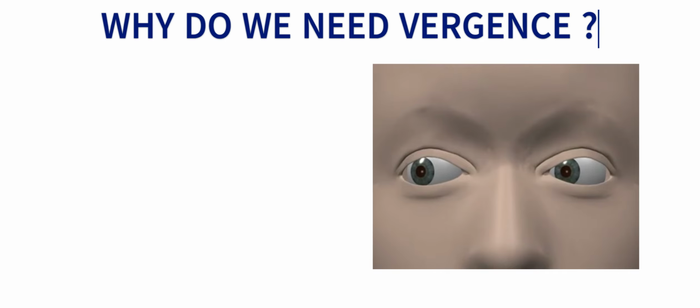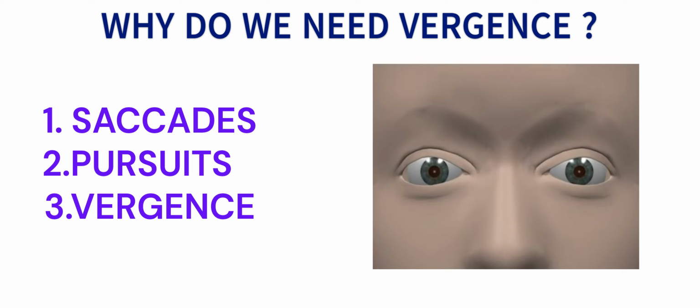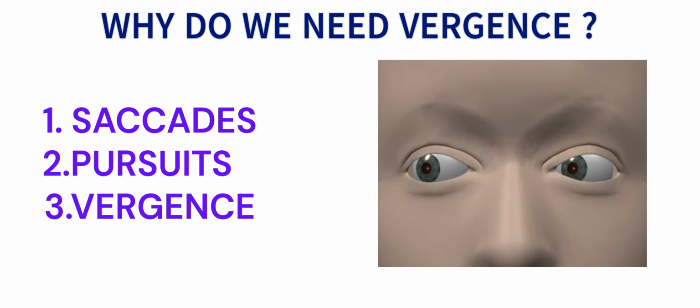Why do we need vergence? Rapid and accurate eye movements are necessary to fixate and stabilize a retinal image. It is important to maintain a fixed retinal image to stabilize the visual world during body movement. Several components are required to maintain fixation and to shift the line of sight to a new point of interest. We need the rapid eye movements, namely saccades, pursuits and vergence to stabilize the retinal image.